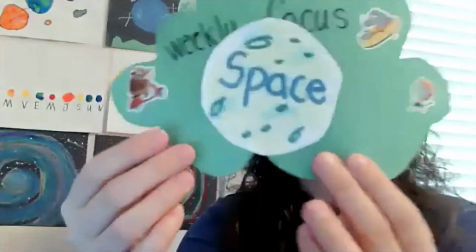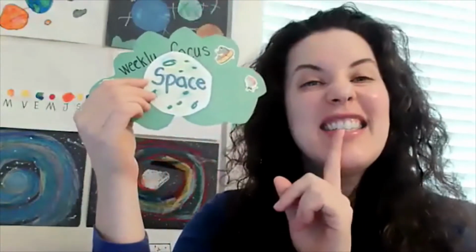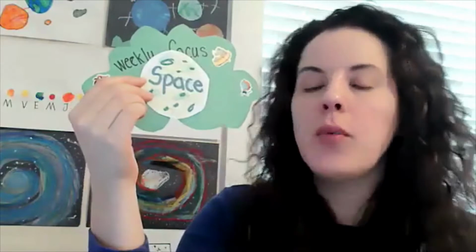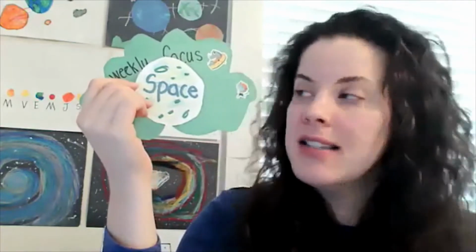C-L-O-U-D-Y. Now our weekly focus, as you can see back here, is space. And remembering that when you're spelling the word space, the sound at the end of the word is made by a C-E. When an E follows a C, or when an I follows a C, or when a Y follows a C, the C makes the S sound. Space,